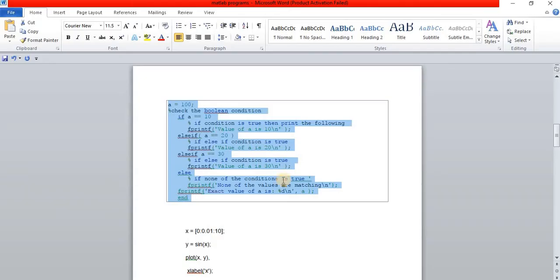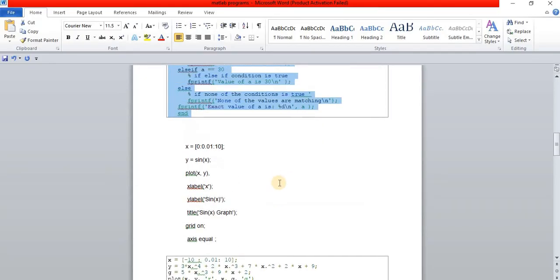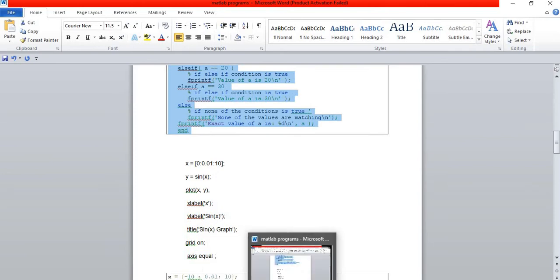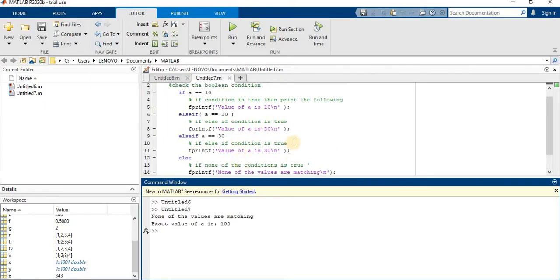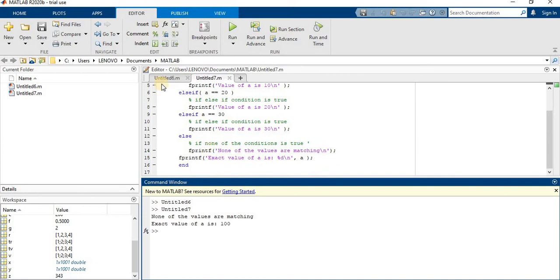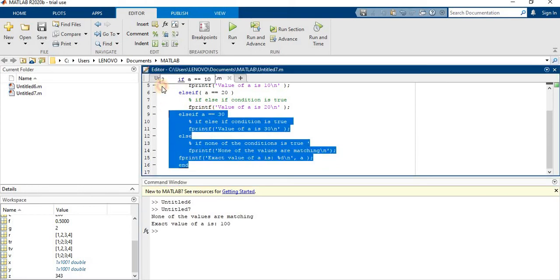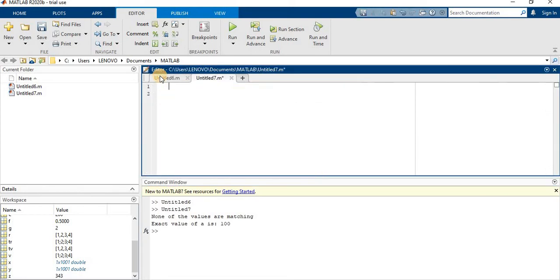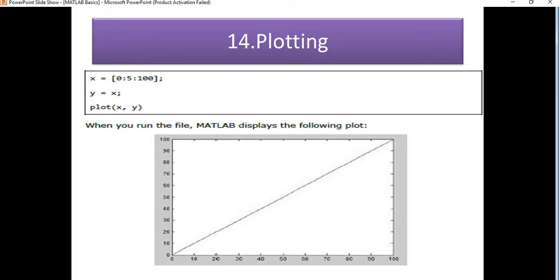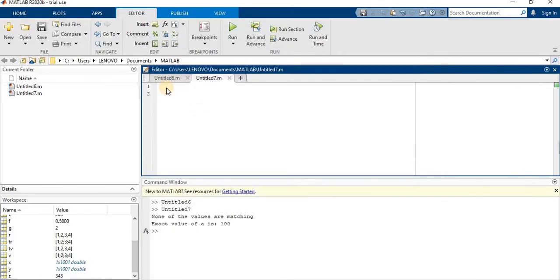See here, I wanted to plot the graph in MATLAB. So I am removing all these things. I just want to plot the graph. What is mentioned here: x equal to 0:5:100.